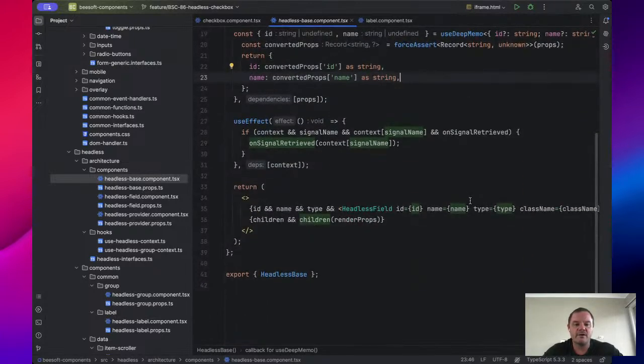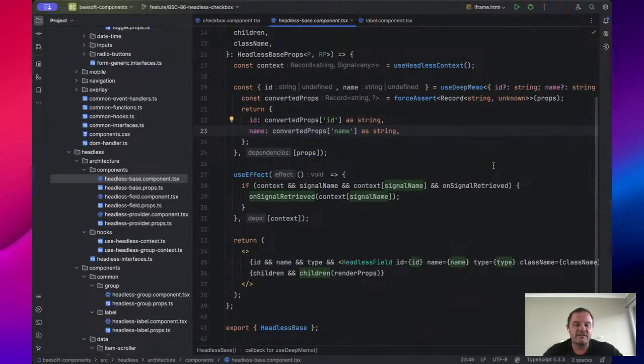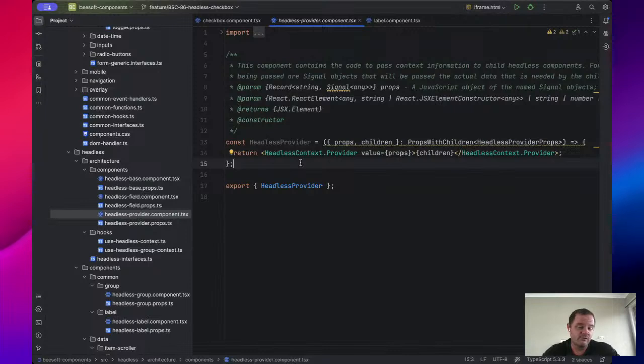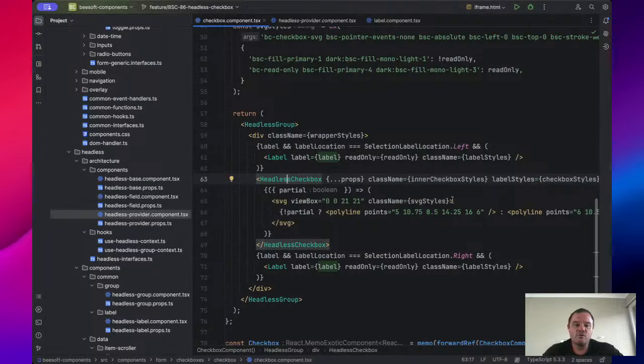It's basically going to pass itself around. So the headless context there actually is a context. It's not used in the checkbox component because the checkbox component doesn't need it. But there is an actual headless provider component, and this is the one I'm talking about here. It's really quite simple. It just takes the headless context provider and passes the props to it. Right now, nothing really complex. Like I said, this probably will grow a little bit as it goes on, but you've not seen this used because currently the checkbox is only a single component and doesn't have any subcomponents. But once it does, this will be used to pass signals to the other components,